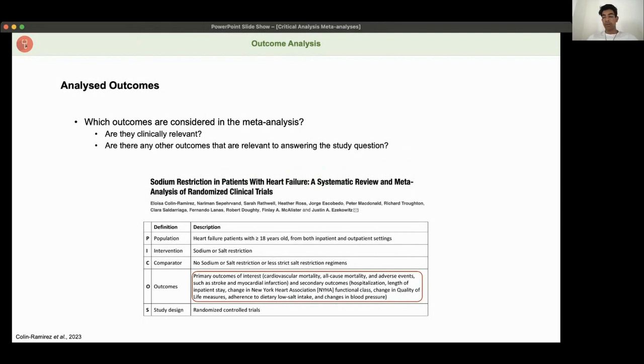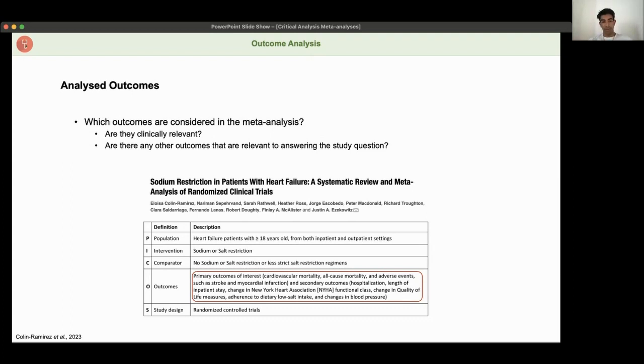So a common one you'll see is all-cause mortality or cardiovascular mortality or deaths due to cardiovascular incident, especially in something like this. And they are really important to look at whether sodium restriction is helpful. But another important thing, which sometimes is missed out, I think, is looking at the actual change in quality of life. Because at the end of the day, even if their heart failure class doesn't change, even if it doesn't reduce mortality, if it improves their quality of life, it may be clinically relevant. So that's an outcome that's quite important to consider, in my opinion.